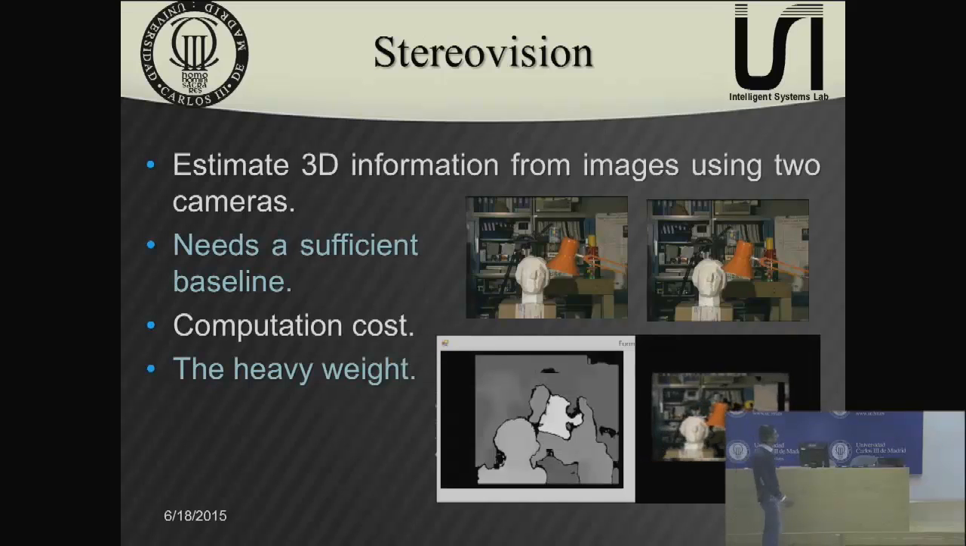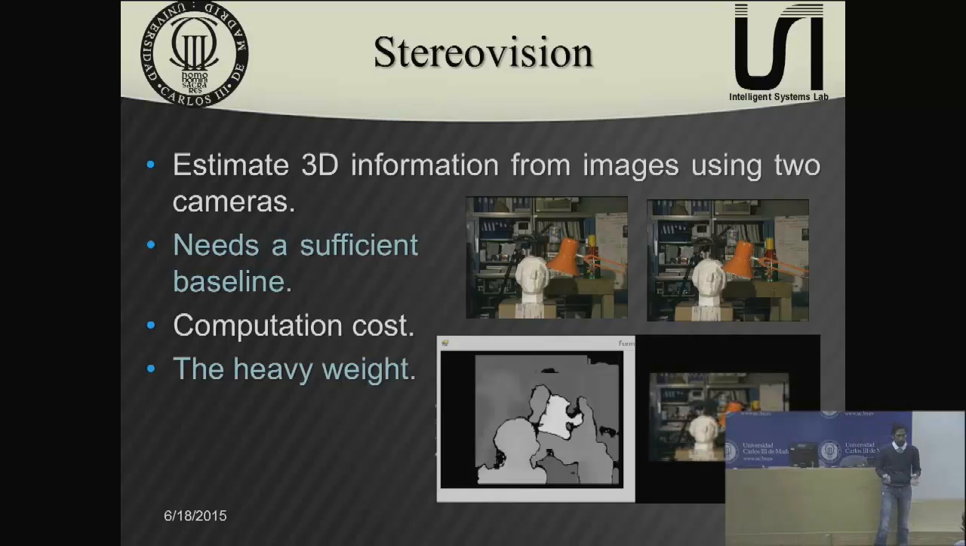The second category is stereo vision. Stereo vision, as we know, uses two cameras to estimate the 3D information about